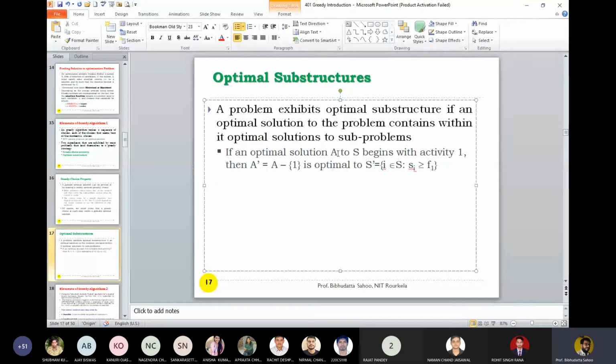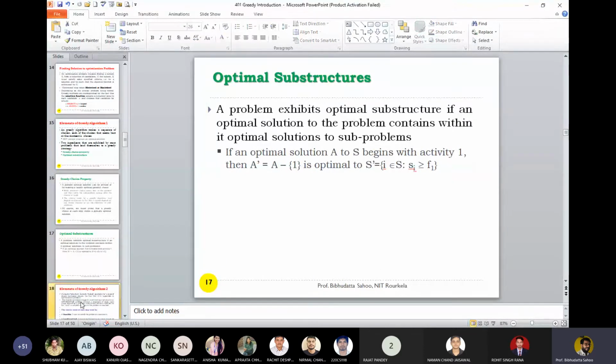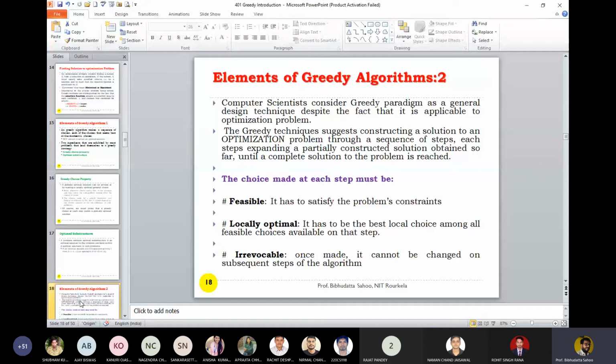That is expressed in terms of the property: if an optimal solution A to S begins with activity 1, then A complement, defined as A differentiated from that first selection, is optimal. So the remaining stages belong to this. We can explain this if we collect the set of edges and vertices to exhibit the optimal substructure. So please remember, whenever you have a problem, before writing an algorithm, you try to claim that a greedy algorithm is possible. So you argue across these points. We'll be discussing this maybe when we take the example of 0-1 knapsack or others.